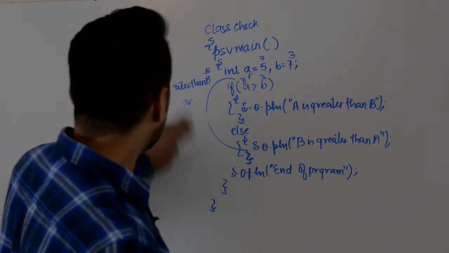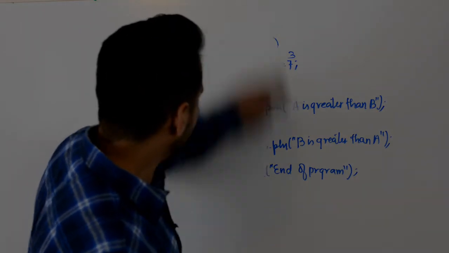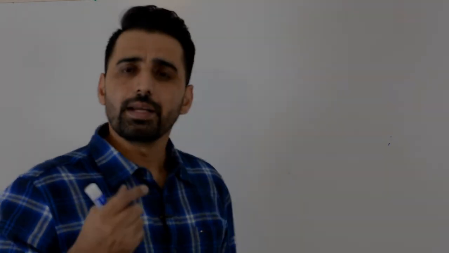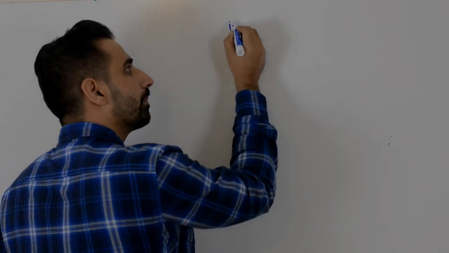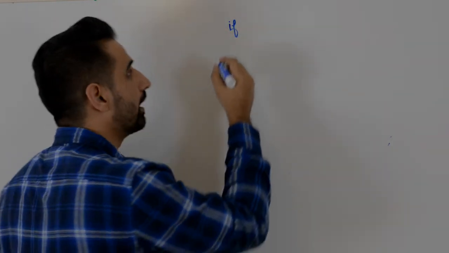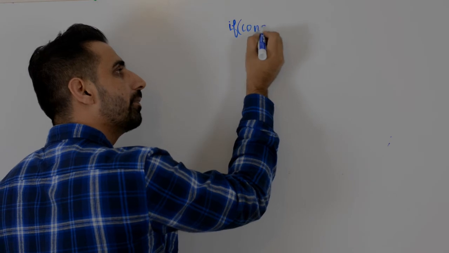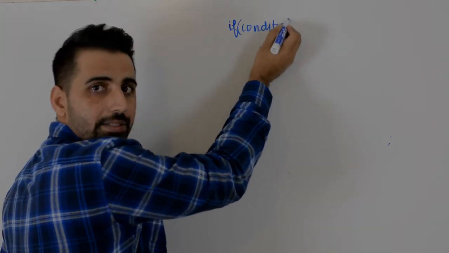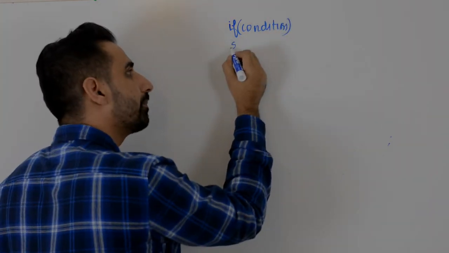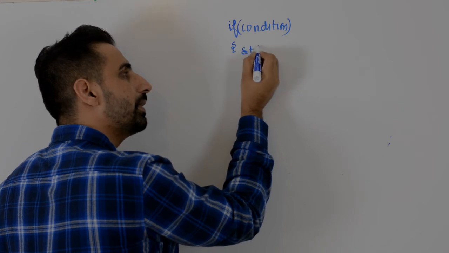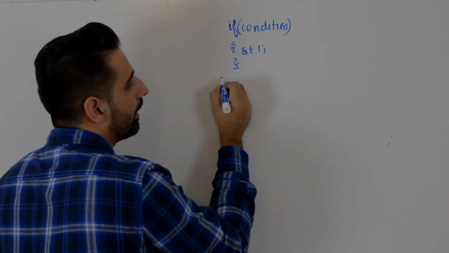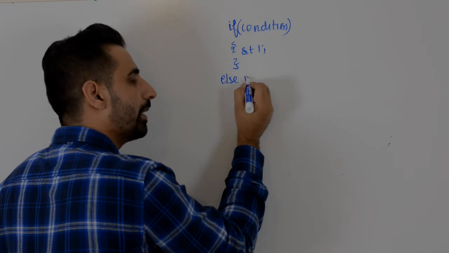So for what we have to do, in an if else if, we'll start with if, then we'll write down condition, and then statement 1, then else, again we write down if,